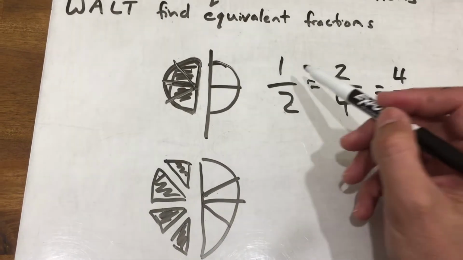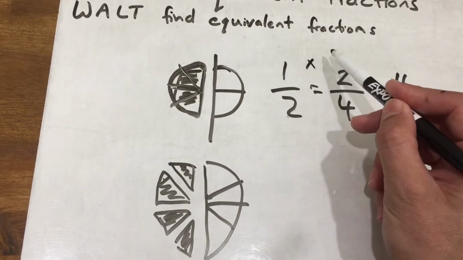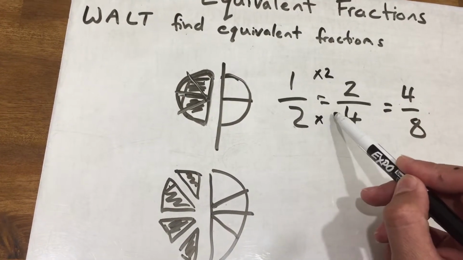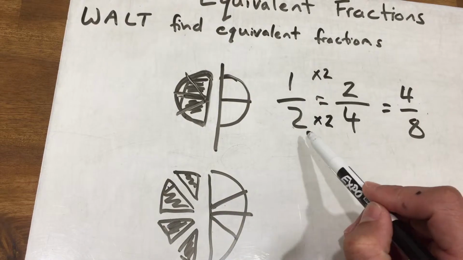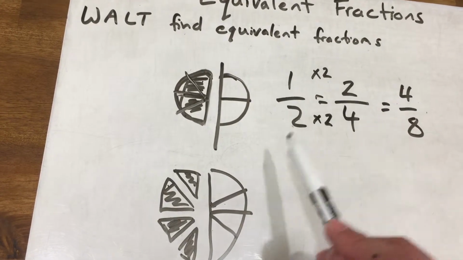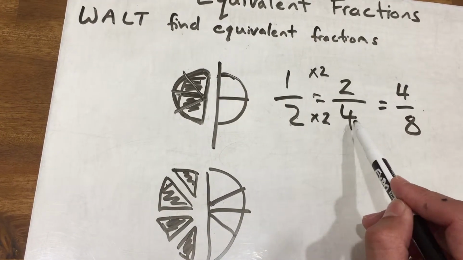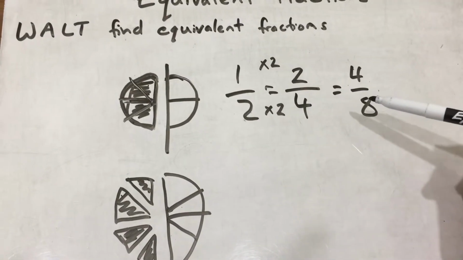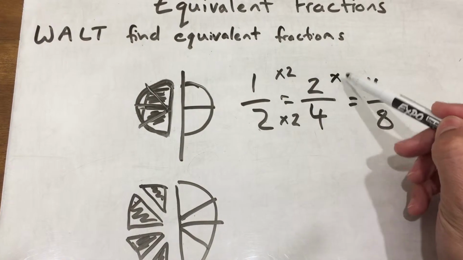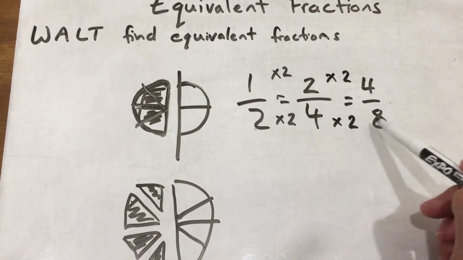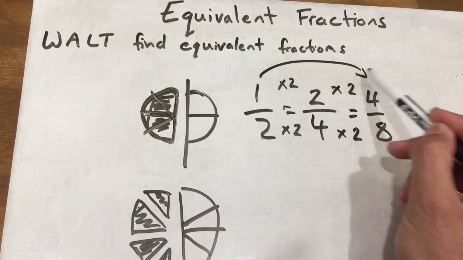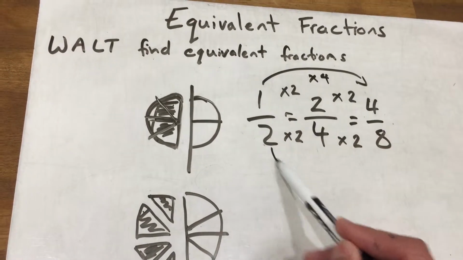So what's going on here? It's quite simple to look at. Really all I am doing is timesing it by 2. What I times the top by, I times the bottom by. So 1 times 2 equals 2, and 2 times 2 equals 4. Those both had to be the same. Then over here, once again I times them by 2 again. Now if I did the big jump all the way to the end there, I times it by 4,